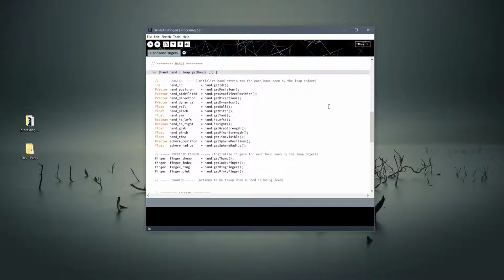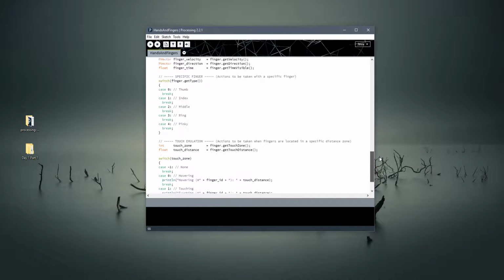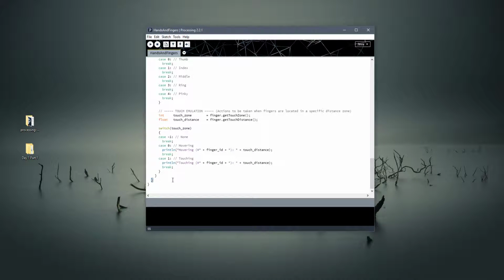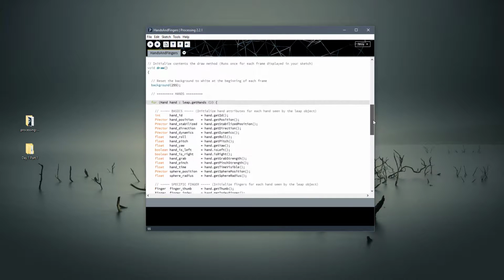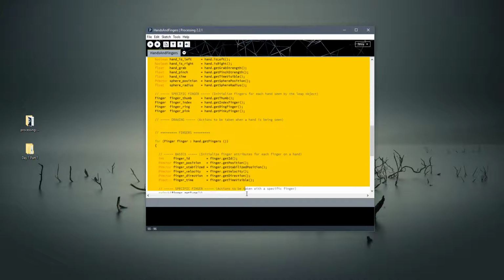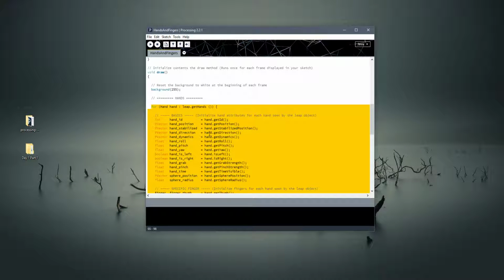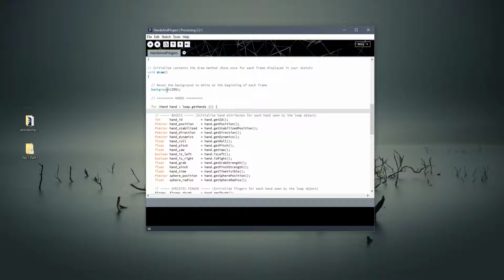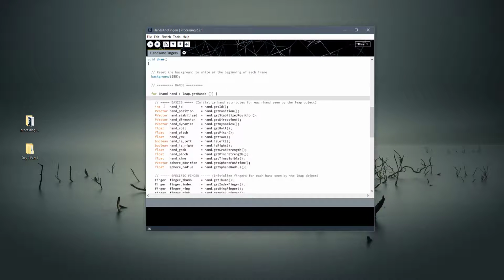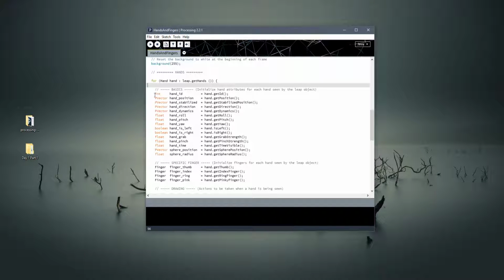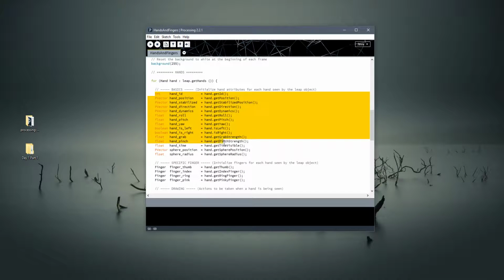Now this method extends through to the bottom of your sketch, which means if there are no hands present, none of this runs. If there are 2 hands present, this for loop will run twice, right? One for each hand. If there's 3 hands or 4 hands, you get the idea. Now, what you see directly after this isn't incredibly important to what we're doing here today, but it is good to know. So what we're doing is we're setting up some